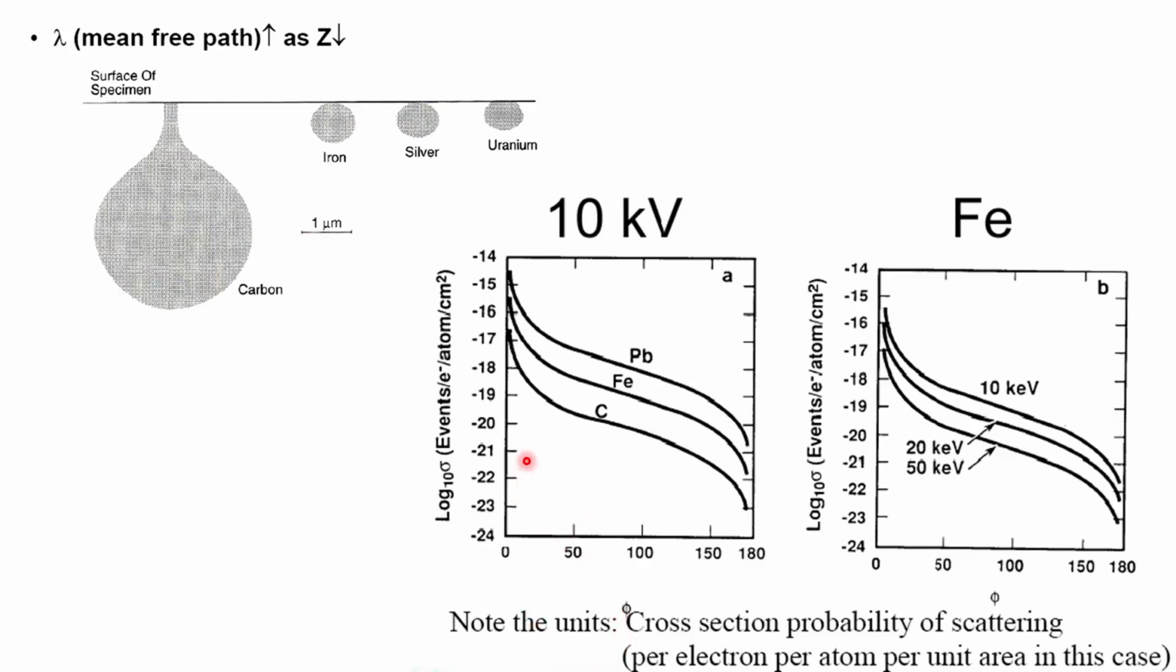This tells about the number of events. The y-axis says log sigma, which is the events per electron per atom per centimeter square. So as you increase the atomic number, the number of events